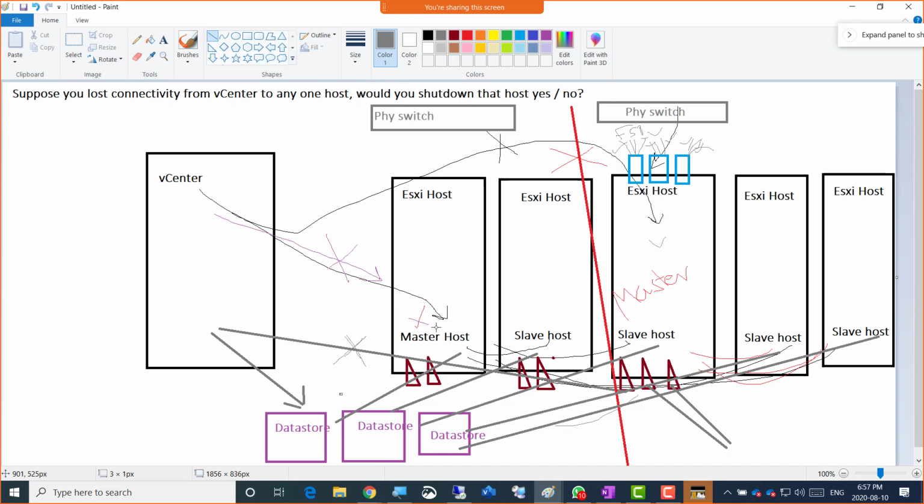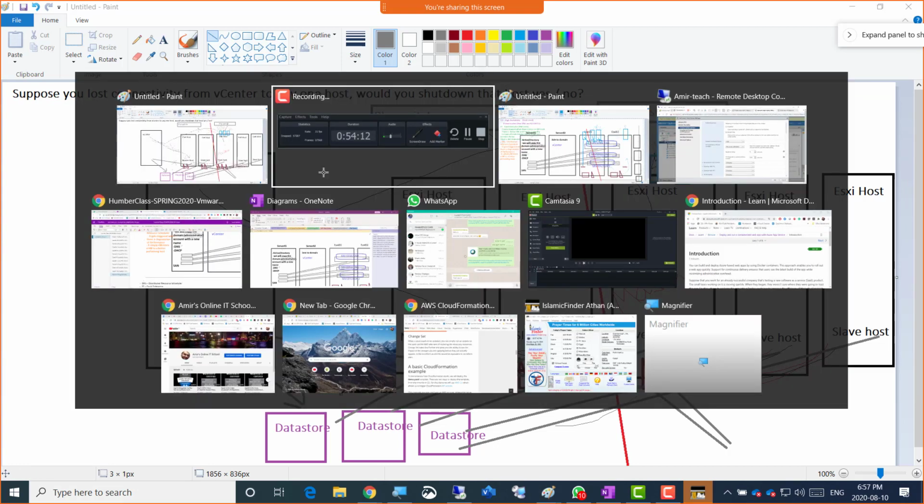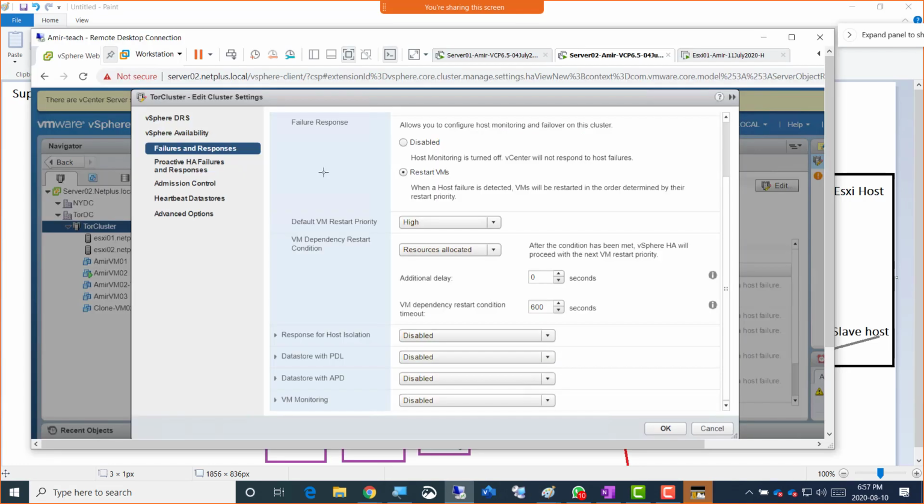So there are certain scenarios that are critical to be mentioned. If we go back to our environment here, I'll be showing you where master and slave hosts are shown, because normally when you create a vSAN, at that time it shows there, and there are so many areas where I have to dig it out myself. Normally it shows in vSAN,